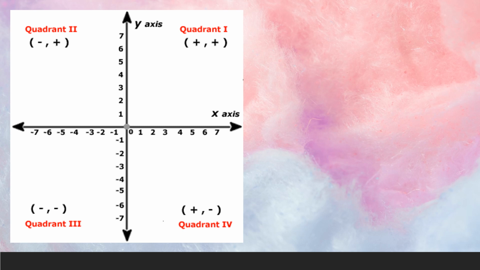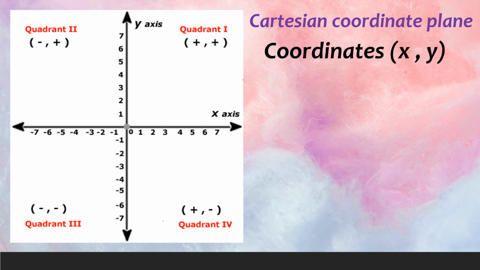So this is an example of a Cartesian plane or coordinate plane. And we have the given coordinates x, y, wherein x is the x-axis, which is the horizontal line, and the y coordinate is the y-axis, which is this vertical line. As you can see, the x-axis on the right has the positive numbers, from 1 to 7 and so on, and on its left are the negative numbers, while the y-axis has the positive numbers upward and negative numbers downward. So when we say x coordinate, that is called the abscissa, and the y coordinate is called the